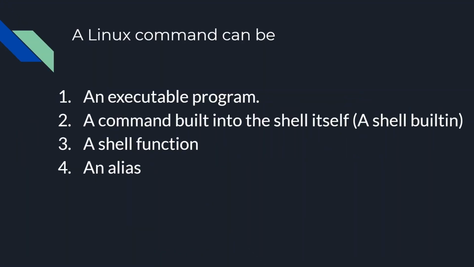Any Linux command can be one of the following four types: an executable program. Well, it is like any app we run in the system. Within the category of executable programs, programs can be compiled binaries, such as programs written in C and C++, or programs written in scripting languages such as Shell, Perl, Python, and Ruby, etc.